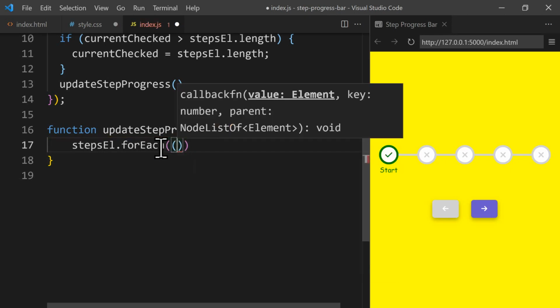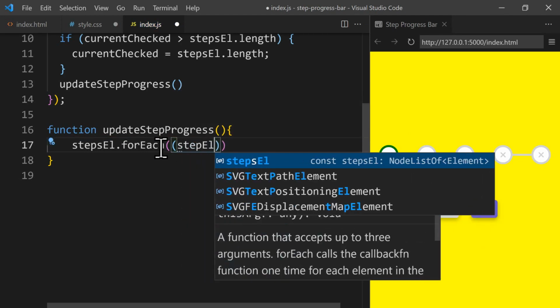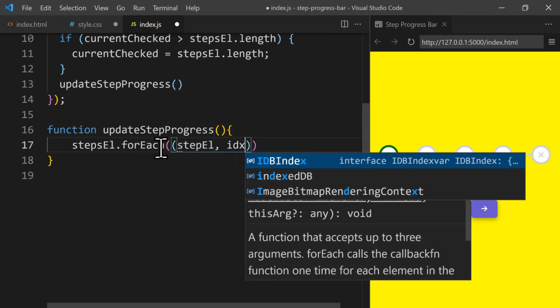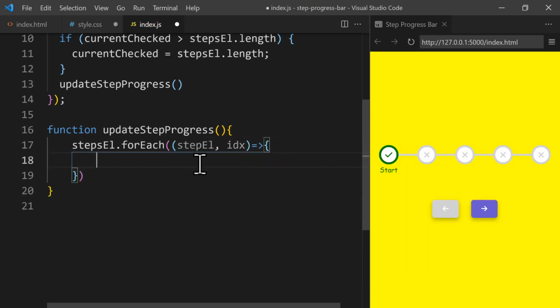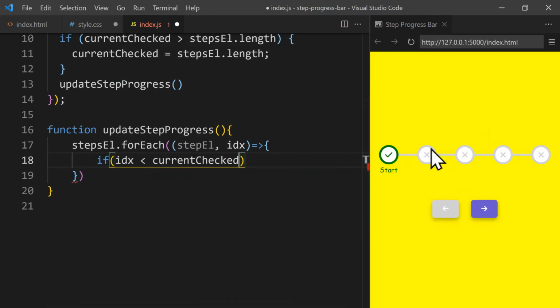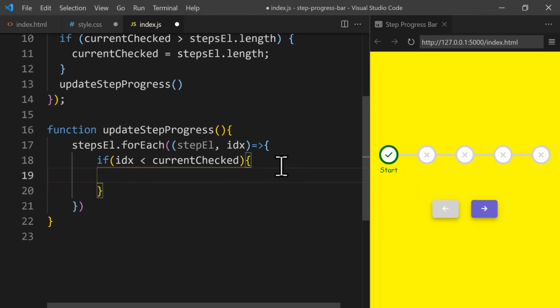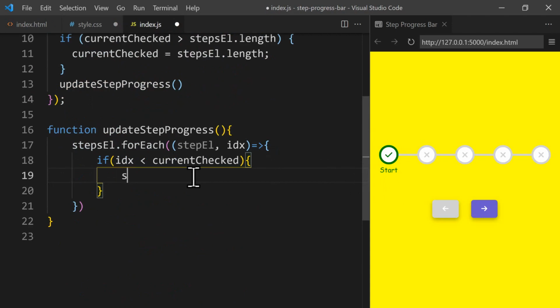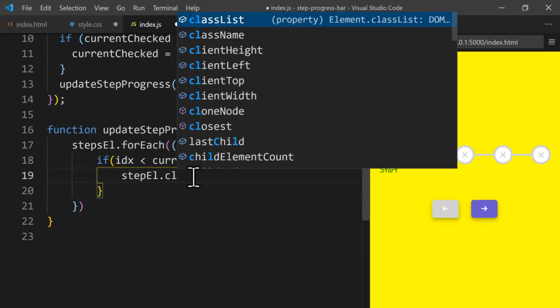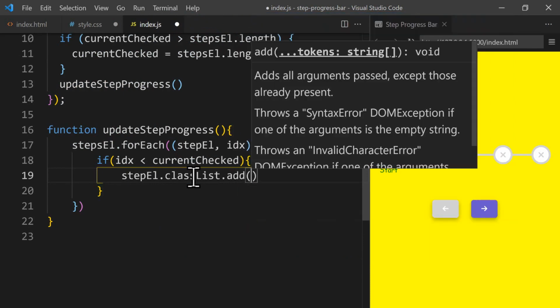We get the elements here. We just name the element step element, and also we can get the index of the element. And we add a fat arrow to create the function, and we say if the index is less than the current check, the current index that is going inside the forEach is less than the current check that can be changed by the button. If it's less than this, we just add the class checked. We just say step element dot classList property and use the add method,